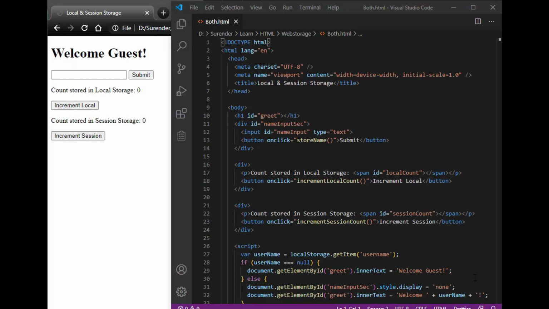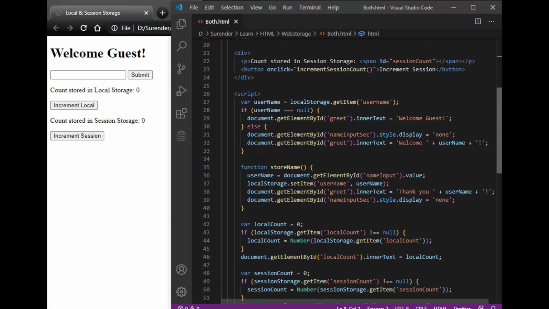Please note that we are storing it in local storage instead of session storage because we want to retain the data even if the browser is closed. And also we can see we have two buttons, one to increment the local count and another to increment the session count. Let's move to the script section.